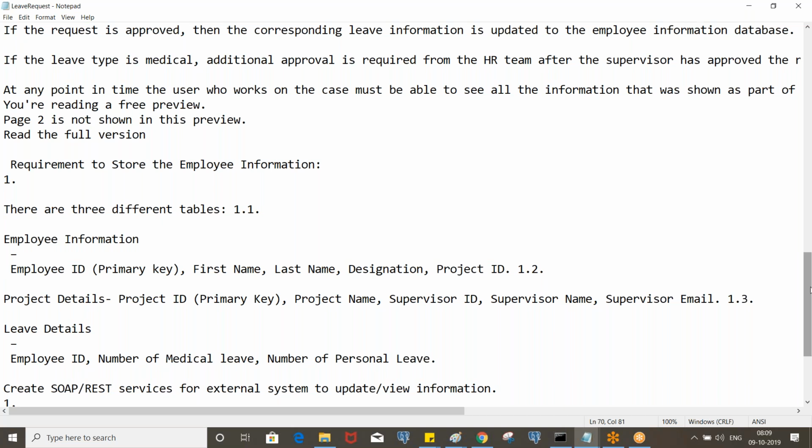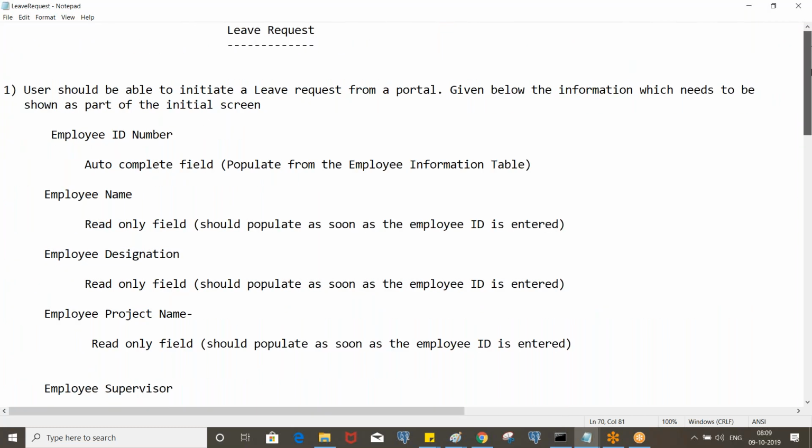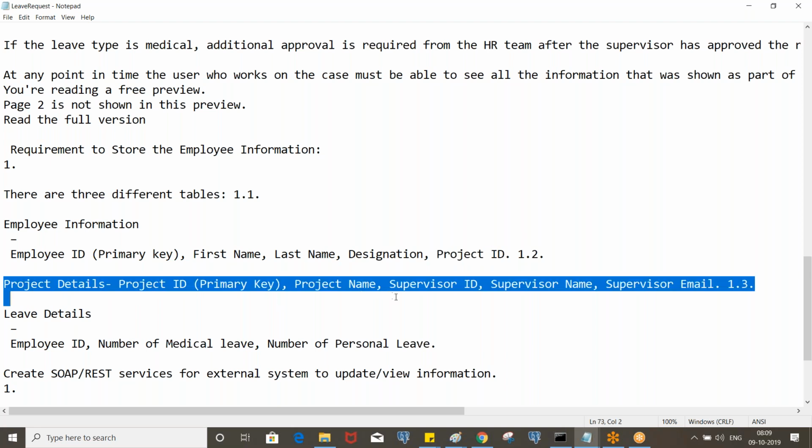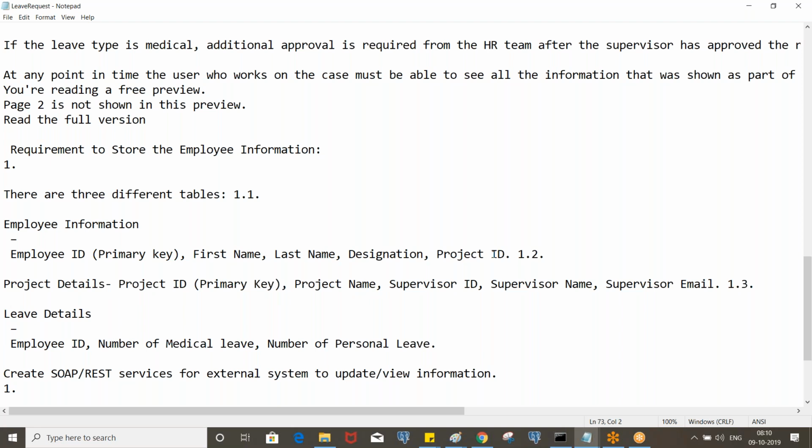Here you are displaying the project details also, but project details will be available in a different data class. Clear? So here the project ID will be like a foreign key. In the project details data class, the project ID is the primary key. Let's say the employee has the project ID P01, that you need to pass to the project details data class to fetch the corresponding project details, and you can display that.